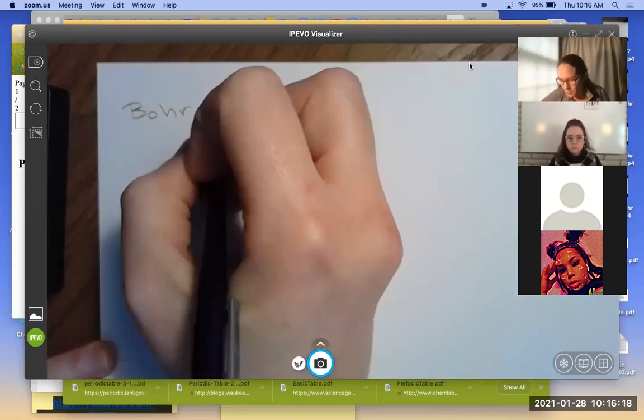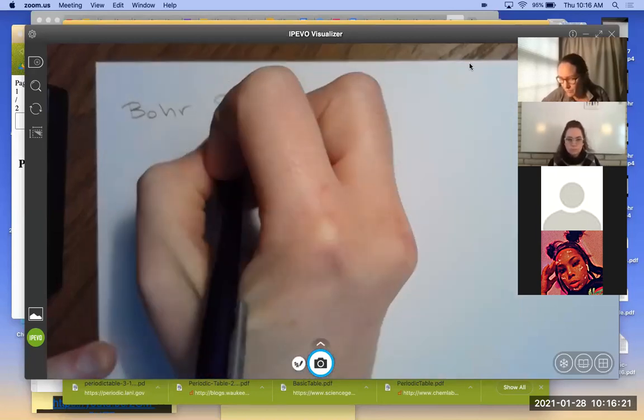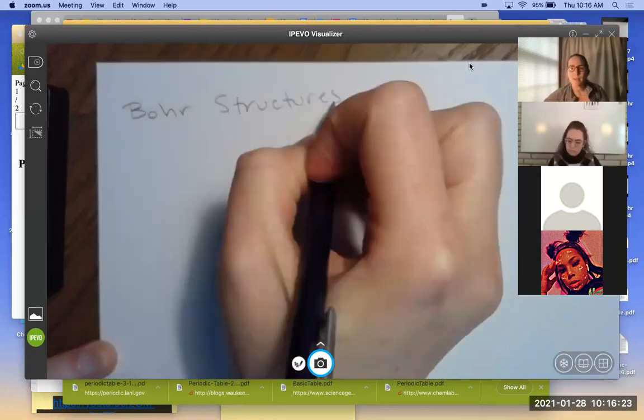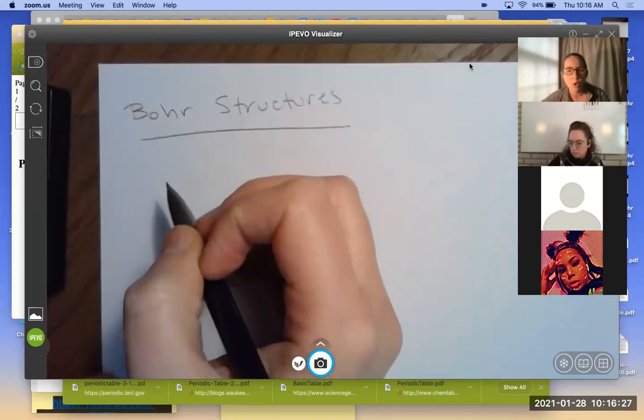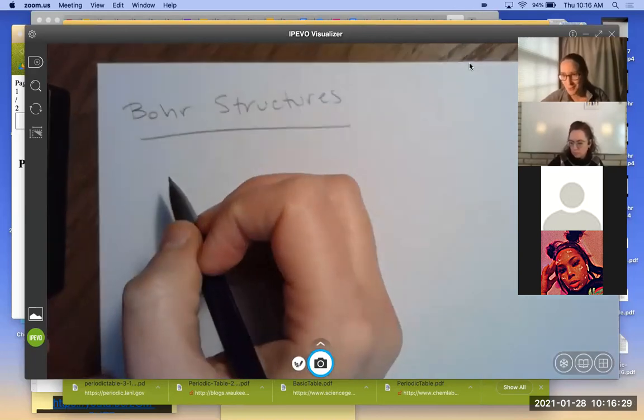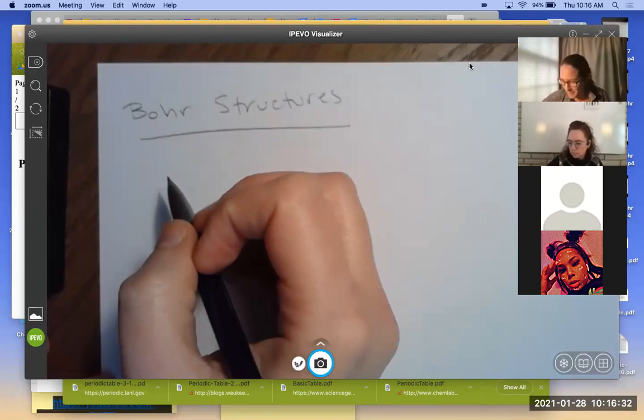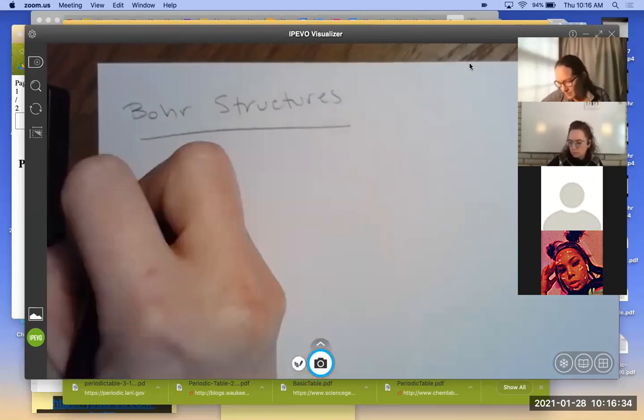We've got Bohr structures. And Bohr structures are entirely based on where an element is located on the periodic table. So these are based on